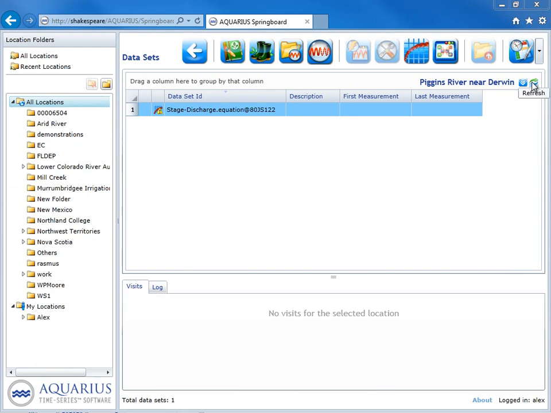And now I'll refresh my datasets list, and notice that there's no little exclamation mark on my rating curve icon. If you do have an exclamation mark there, that probably means that you've forgotten to specify the rating period. So make sure you do that, it's very important. At this point we have my rating model saved in the Aquarius server. If I want to calculate discharge from it, first I have to add some water level data. Let's do that now. I'm going to go into Location Manager,